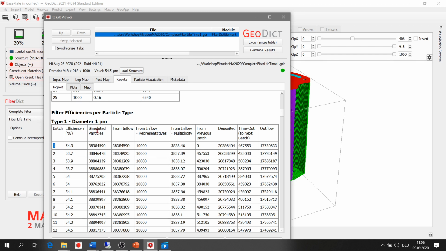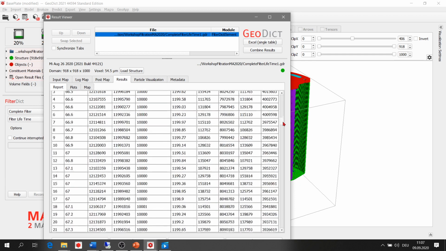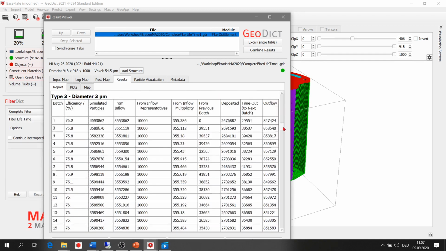You can see this number of simulated particles from inflow, and this is the number of particles which are deposited and reach the outflow. So you get all this detailed information for each batch.